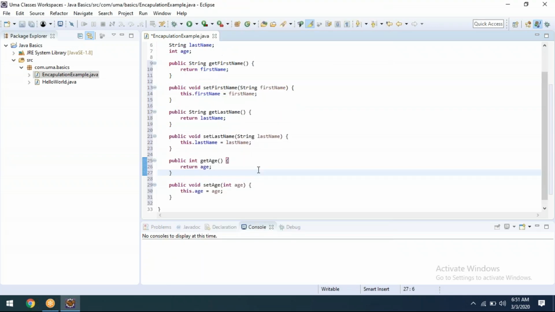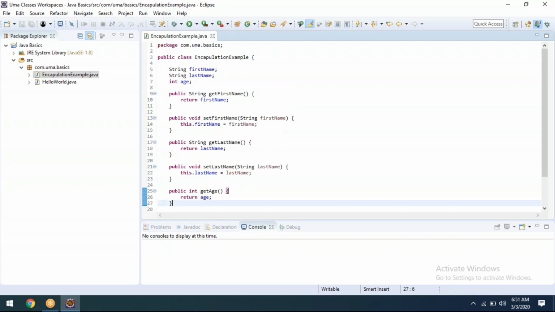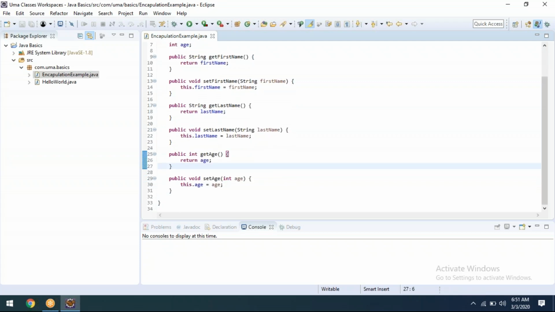Now if we observe this, some kind of code is automatically created. You're observing that. Yes. A get method and a set method are created for each of the variables. Here people will ask, what do you mean by wrapping?